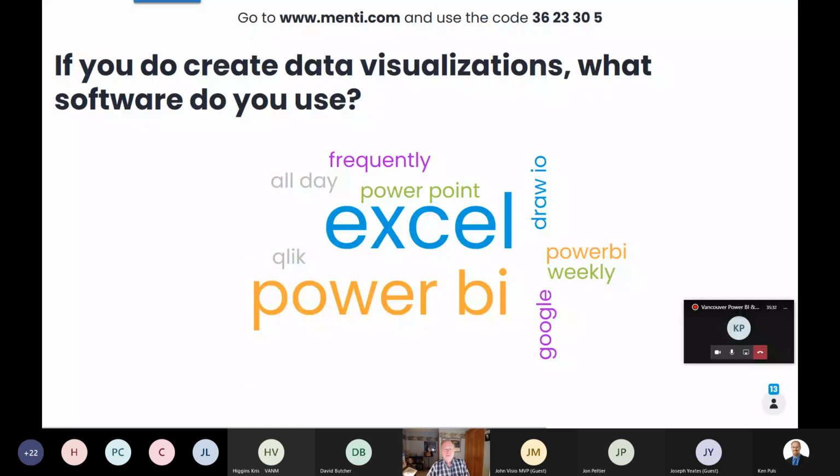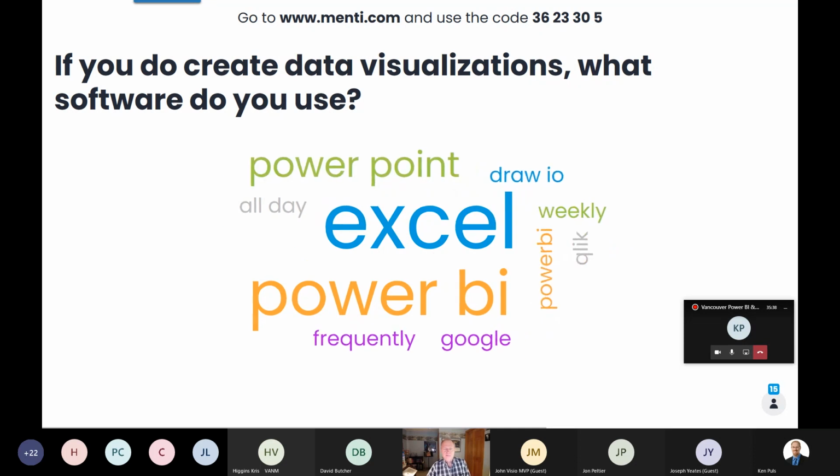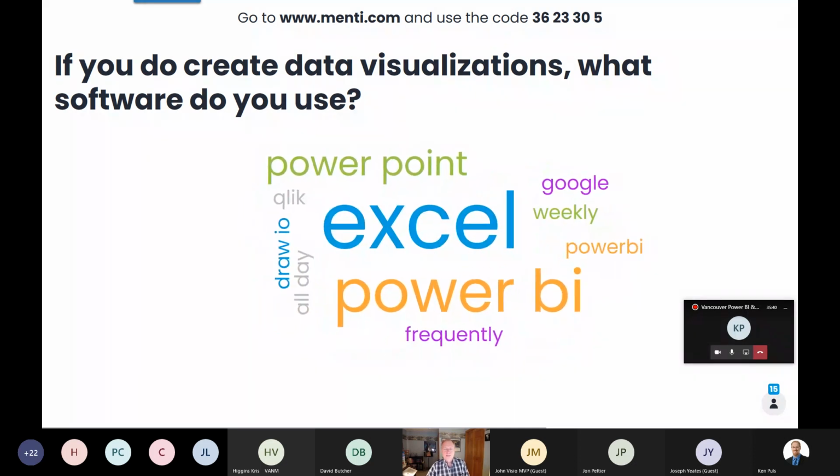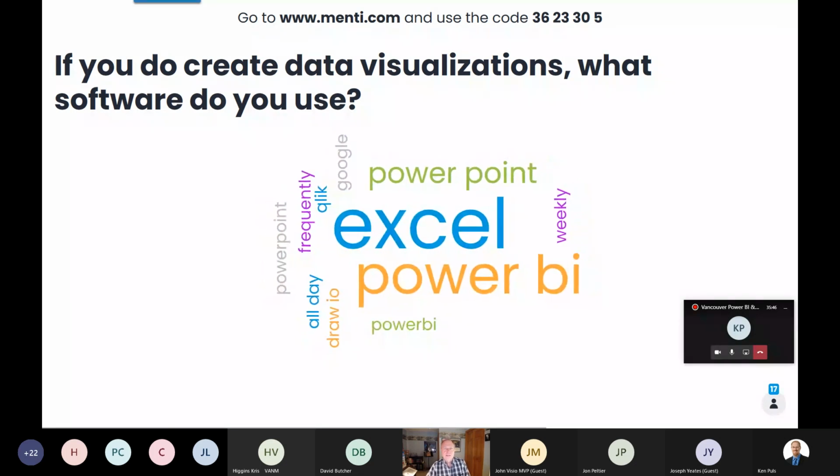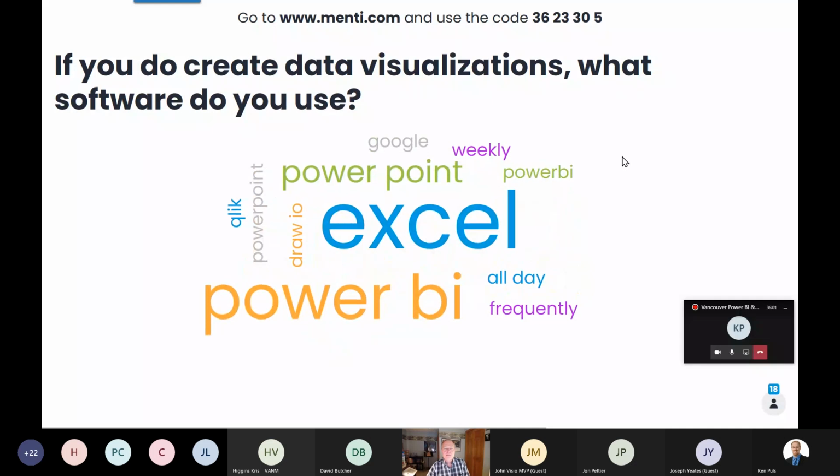Draw.io, frequently. It looks like those are a couple of answers from the last question. Qlik. I'm familiar with it, but I've not used it. Power BI, Excel, larger than life, right in the center. I think John Pelletier and Ken are out there, typing Excel in 13 times. But okay, good. Not surprisingly, I don't see Visio on the list, and that's okay. But what I'm hoping is if I came back 2 months from now and asked the same question, might be